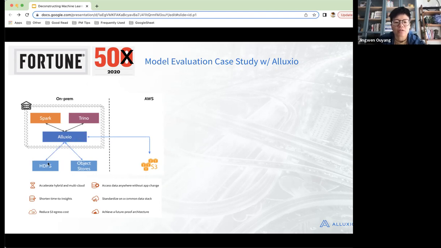With this cache layer, we accelerated this hybrid setup, which has on-prem and also AWS cloud storage. They are starting to move some data into the cloud, which is a journey that people take these days, coming from on-prem to the cloud.